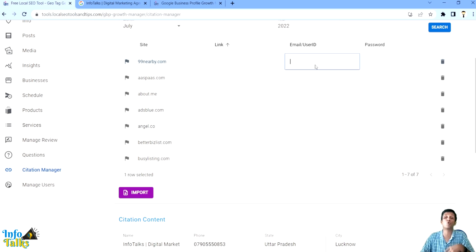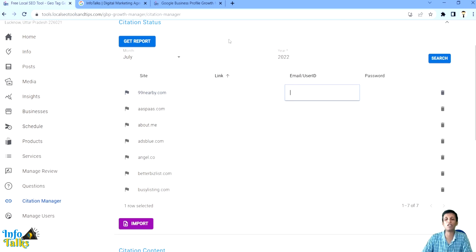It actually helps you grow your citation. It is a centralized repository, so you will never miss where your citation was created. Everything, the link, the email ID and password, you will be finding it here itself. And the best part, you will get to know the status of your citation, whether it's working or not, because often